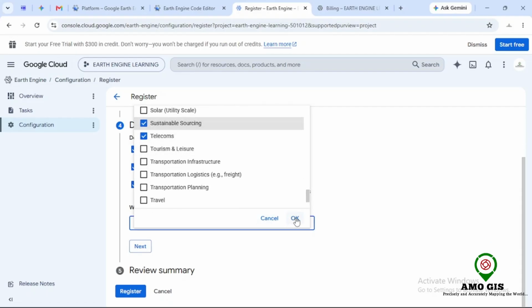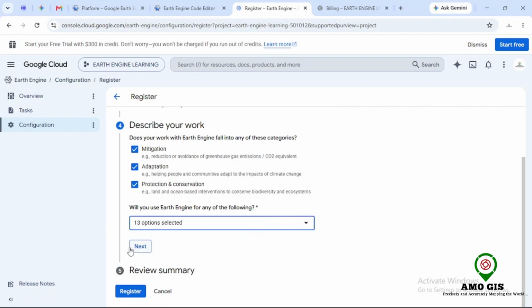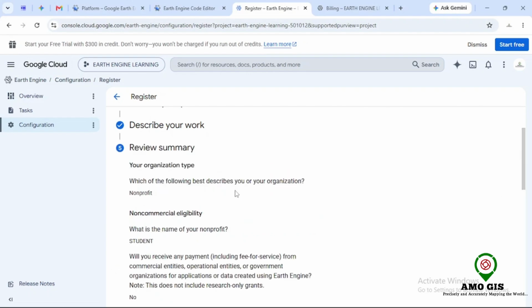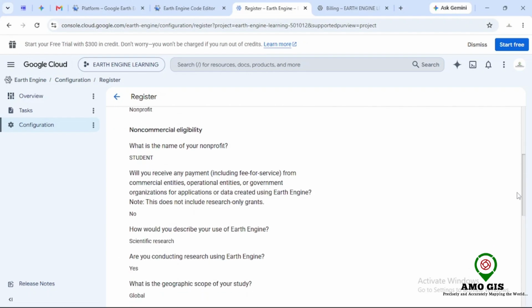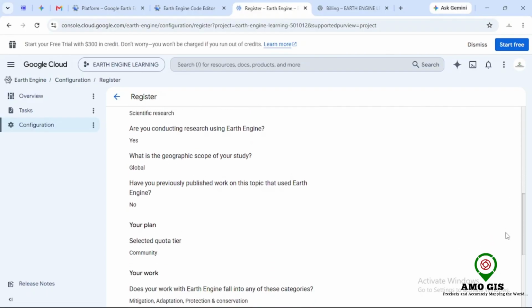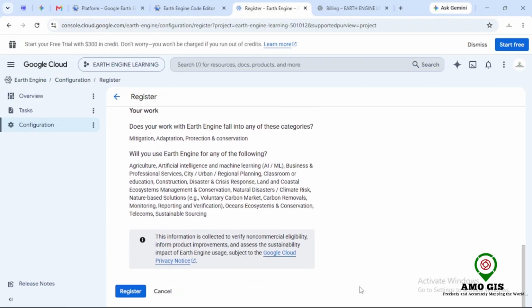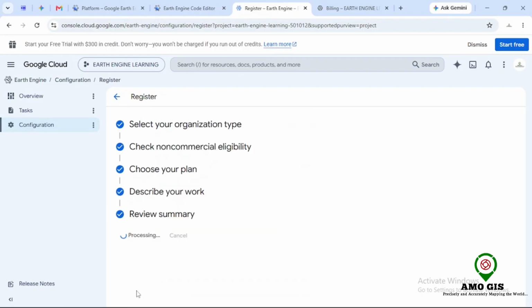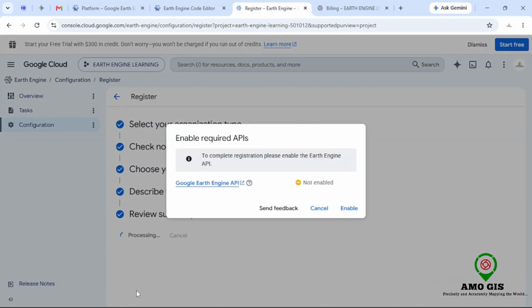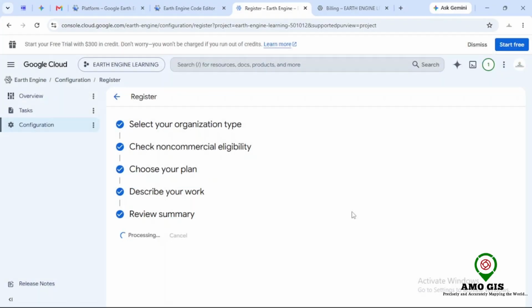So when you finish selecting, you say okay, you say next, and then you say register. It will just give you an overview of what you've selected because that is what is going to be on the profile. Then you click register and it will take you to where you have to enable API. Click on enable API so that it will be added to your dashboard from Google Earth Engine. And then you have your account set up. It will take you back to